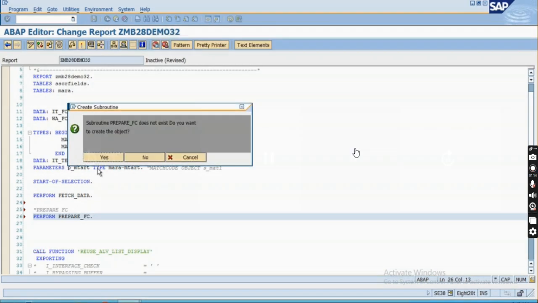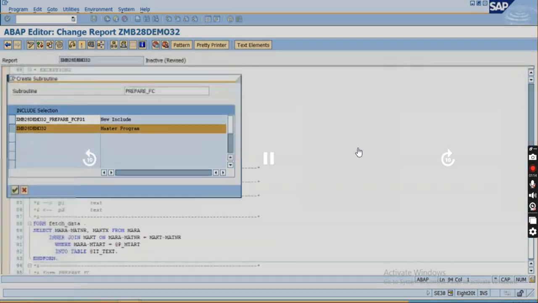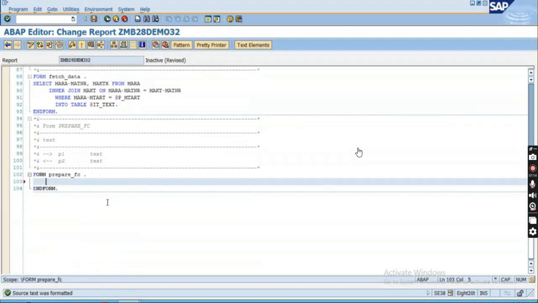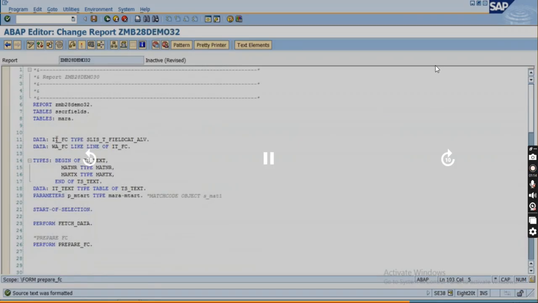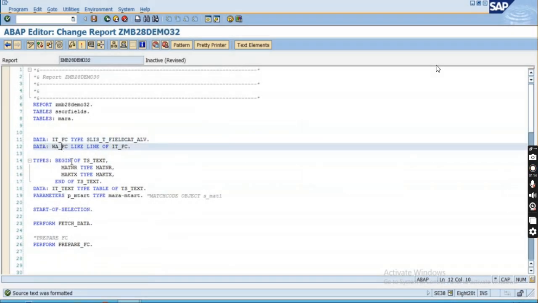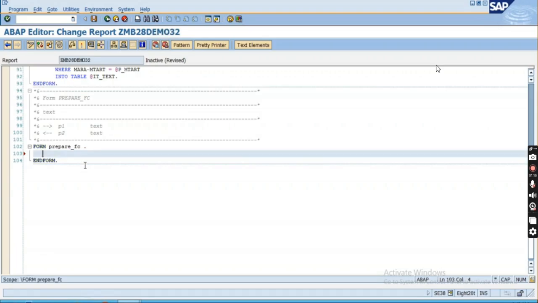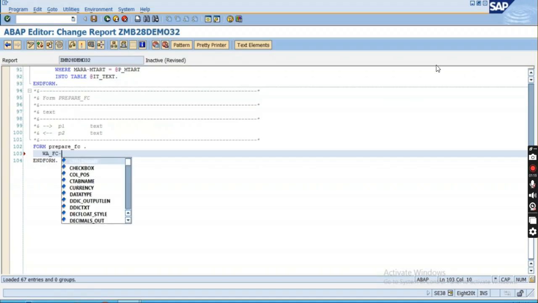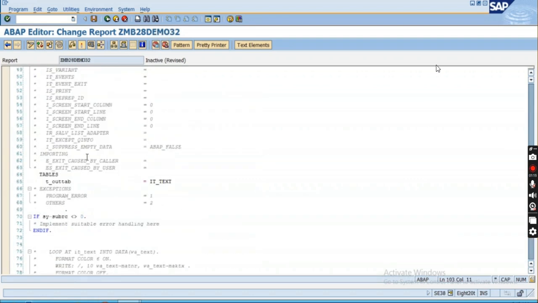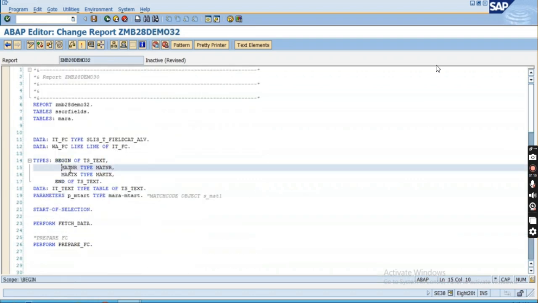Double click over here. Yes, in the main program itself I'm going to create this field catalog, using this work area and this internal table, which I have already declared, so there is no problem. Here I start writing the code. So w_fc is my work area. First I will prepare the work area. Which field do I want to display first? We'll have to give the field name, right? You can see that in this particular internal table,